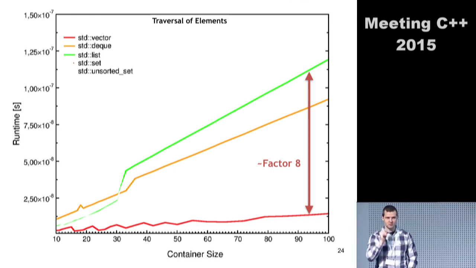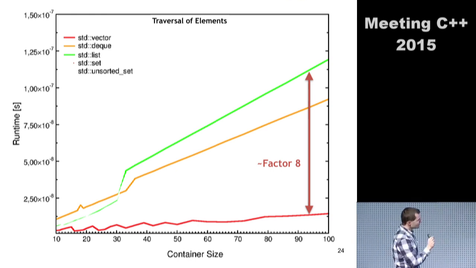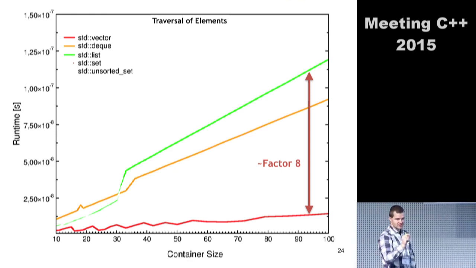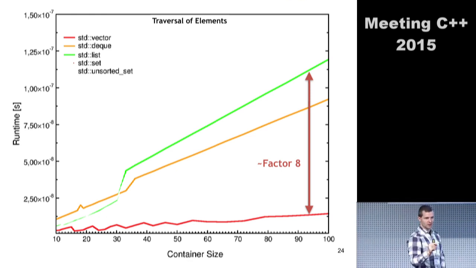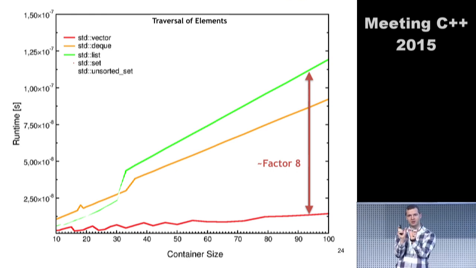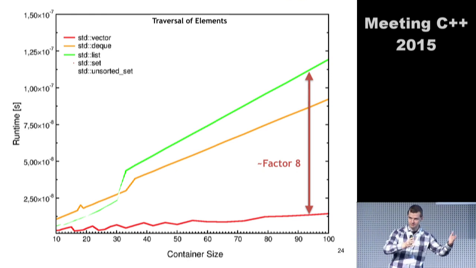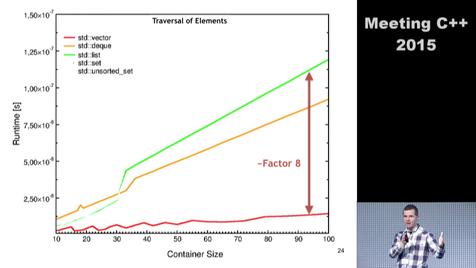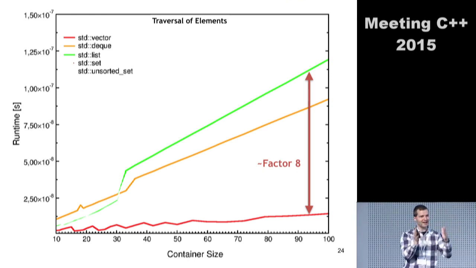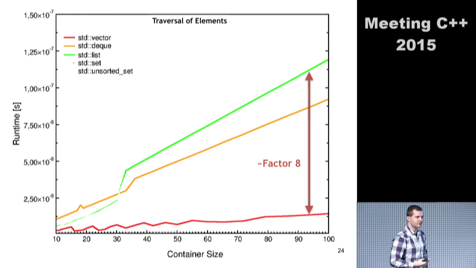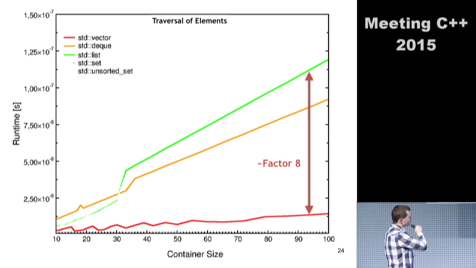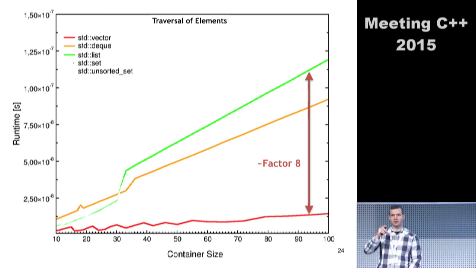Of course, this seems to make a difference. If you allocate all the elements in order very quickly after one another, then you would assume that the elements lie very close to each other. Remember, we are loading cache lines, so I should load a couple of elements that are close to each other at once, and it should be faster. I tried this. It didn't really make a difference. Not really. So, question in the back.